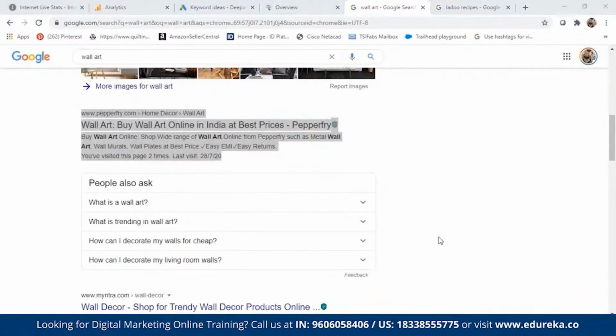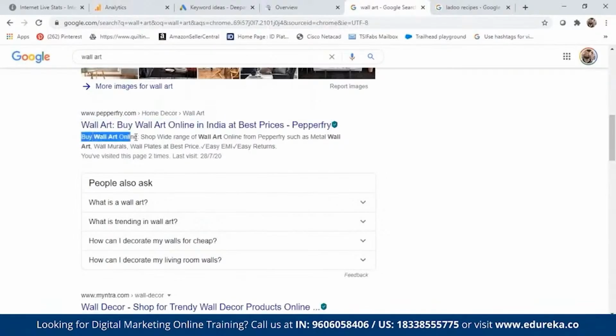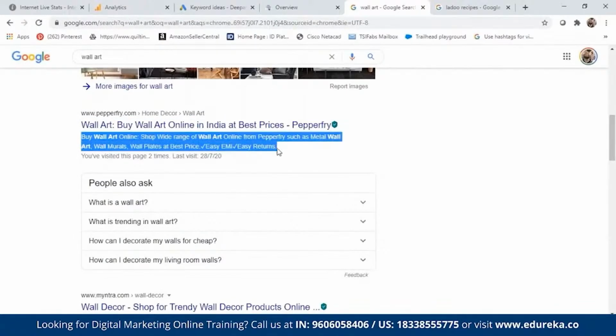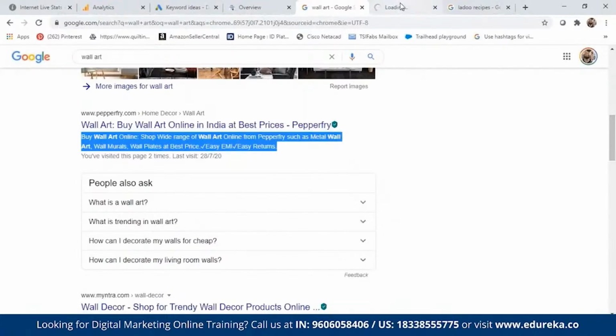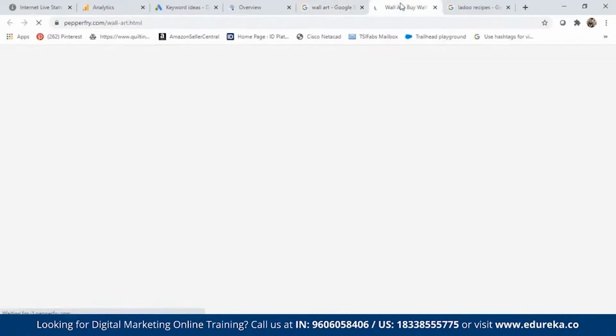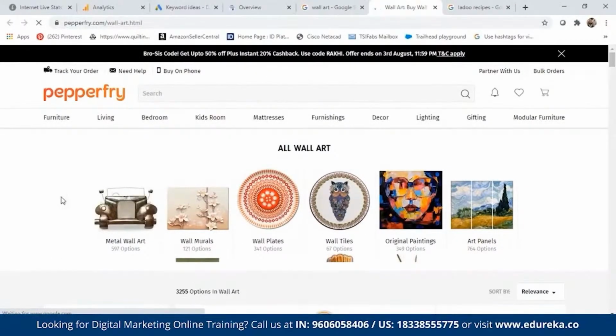So let us look at the title. Look at this title out here. All right. Also look at the snippet out here. All right. So this is what you see on a search result page. Let me actually take you to the page. I'm clicking on it and taking you to the result page. So this is the page which got indexed and displayed by Google.